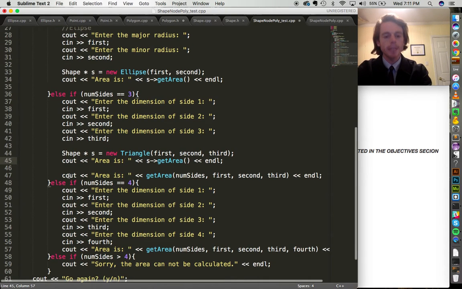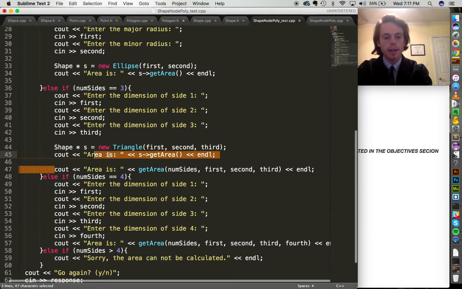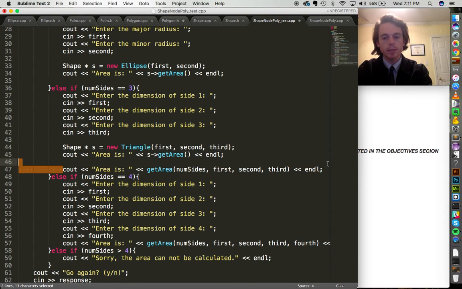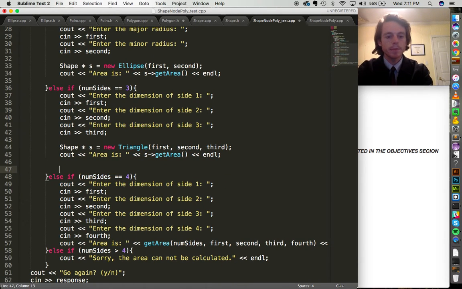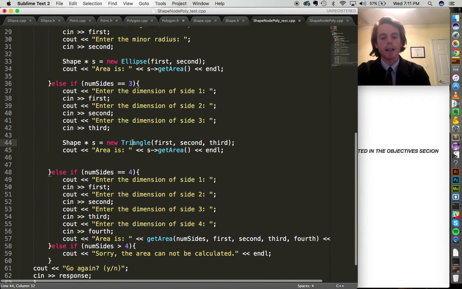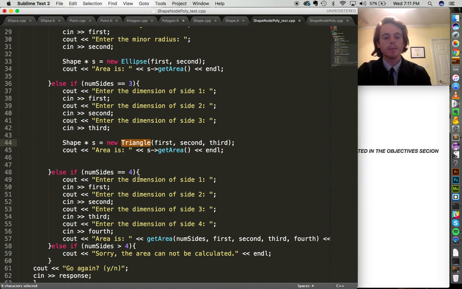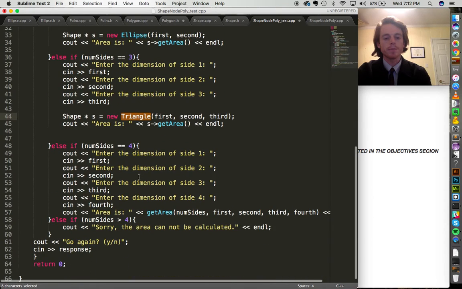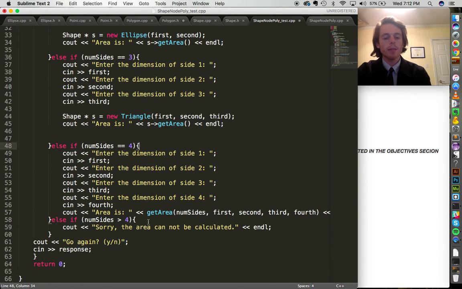And we can delete the calls to getArea from the geometric area assignment, because now we are doing them using objects instead, which are not taking in parameters. Instead, they are based on the class that these objects are written in, whether it be triangle or the ellipse or the circle. So now moving on to a 4-sided object,